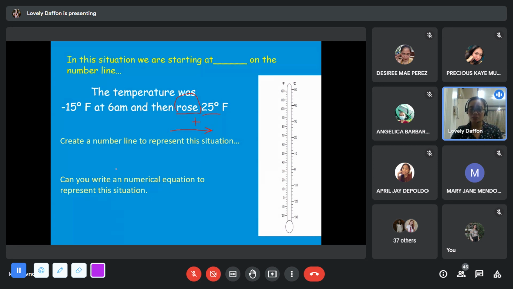So for example, if we are going to represent that into a number line, di na ako magamit aning temperature kasi pangit, gamay ra kaayo. Let's try to draw something. Okay. Ang zero ato na lang ibutang dire dapita.